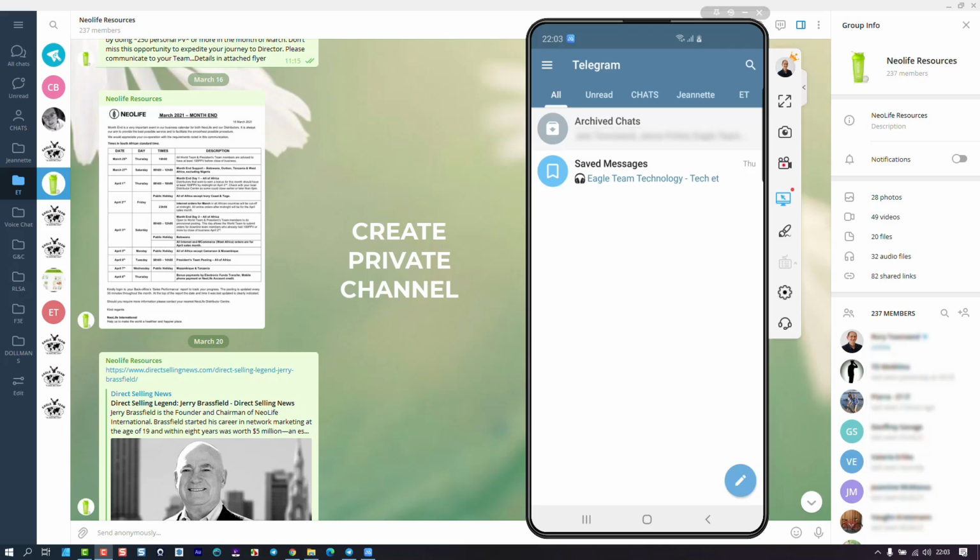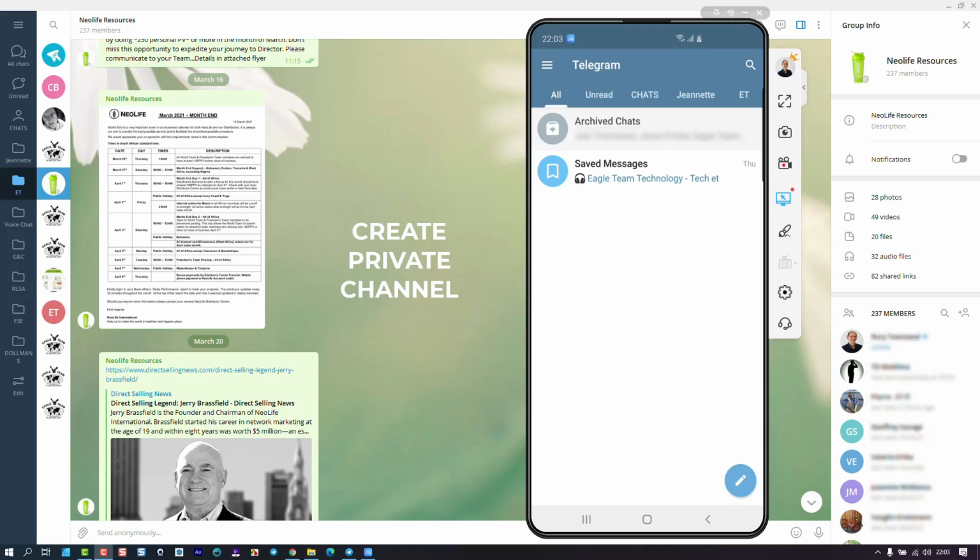Then in your private channel, everything that is forwarded there, you have full access to delete it from your channel or forward it onto somebody else. When you delete it from your channel, it's not taking it off the original channel or the original group that you've got it from. It just takes it off your device. But then you can work in a very sort of clean environment with only posts that you are interested in. So let me show you how you're going to do that.